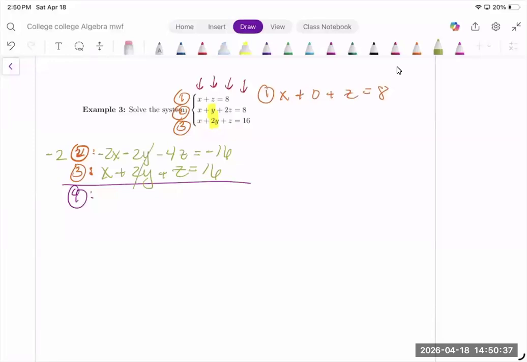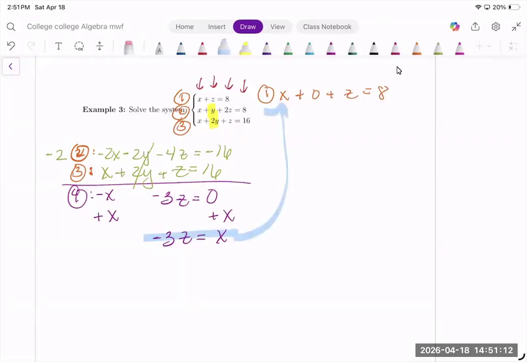Okay, so as planned, those 2Y's zero out. Let me change colors. So then I end up with -X minus 3Z equals 0. And that's totally okay. As a matter of fact, I super like this because now I can easily say, by adding X over, I now know that -3Z equals X. And that is even better because I can now take this information, plug it into equation 1, and solve for